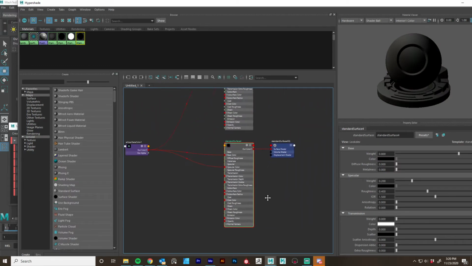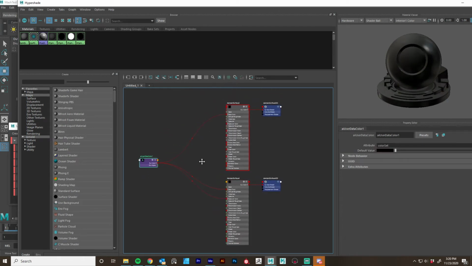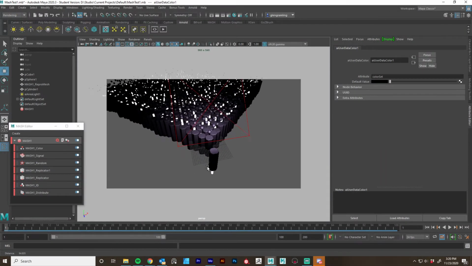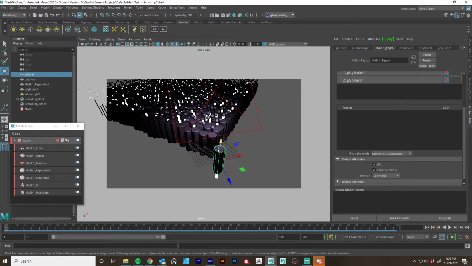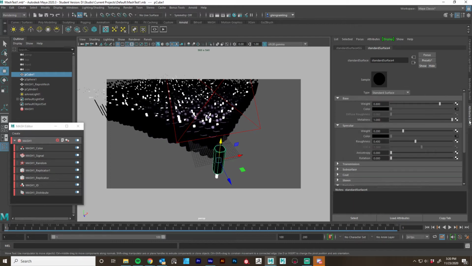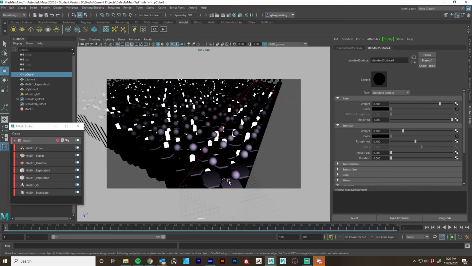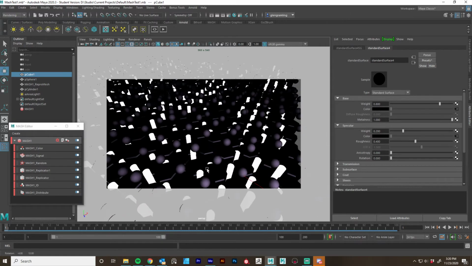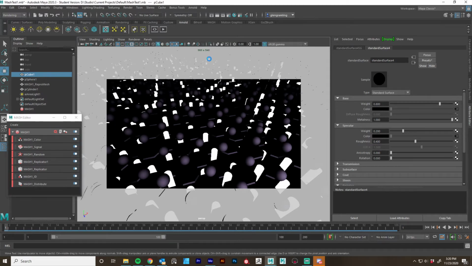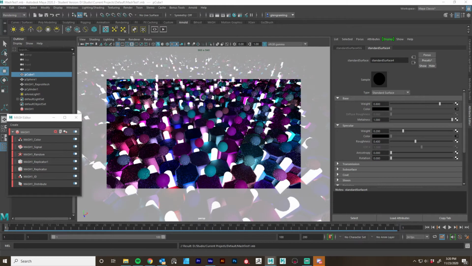And I'm not going to have any transmission on it. So yeah, now we have that should be driving the color for our Arnold material. So let's close out our hypershade and give that a test. So I actually want to make this material here look like metal. So we're going to increase the metalness on that one. Let's go in and take a look at what our render looks like after we save. So save first. Yeah, so now we're getting